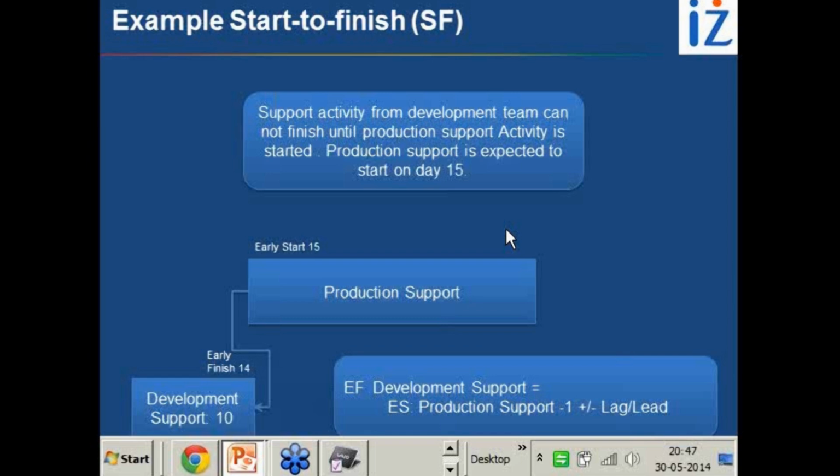No. The production team has other dependencies, and you are basically watching the production team to take control and move to your other projects. So you are not in a controlling situation. You are dependent on the production support team. So this is how you can visualize this particular relationship.